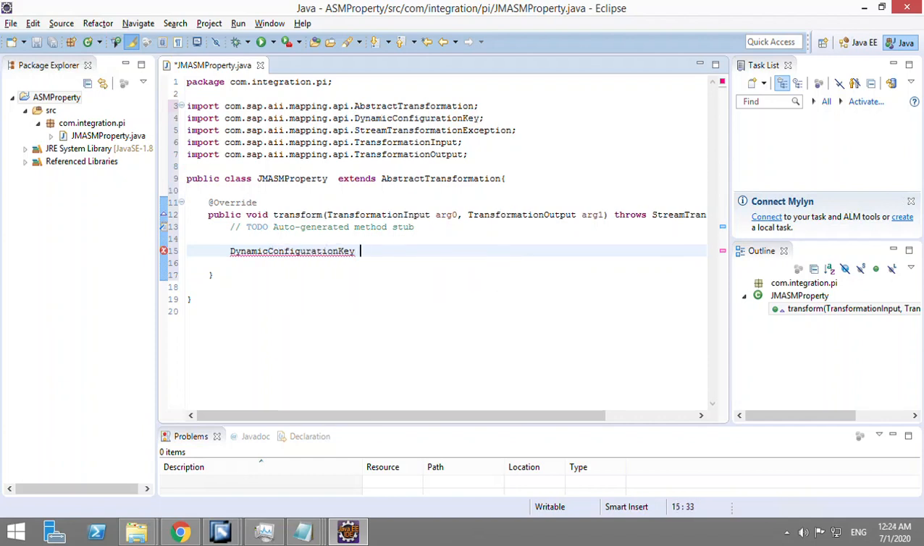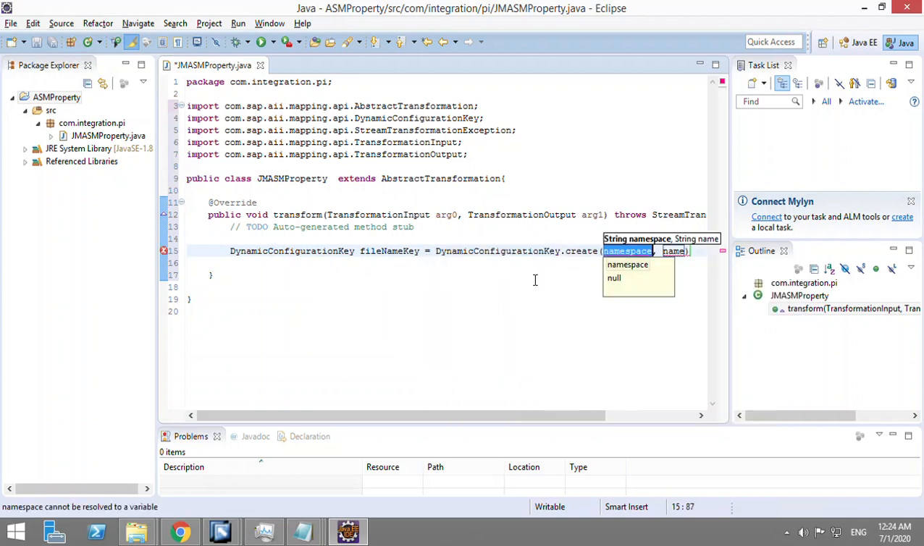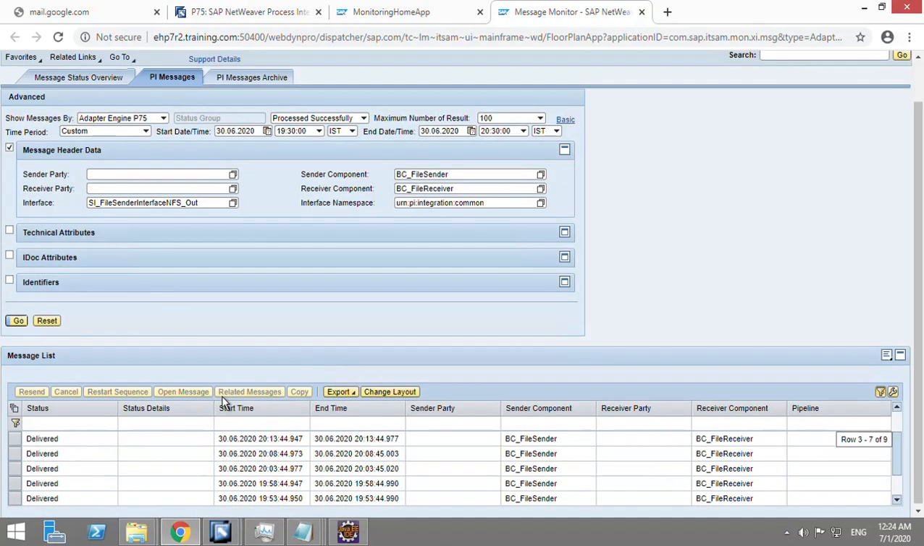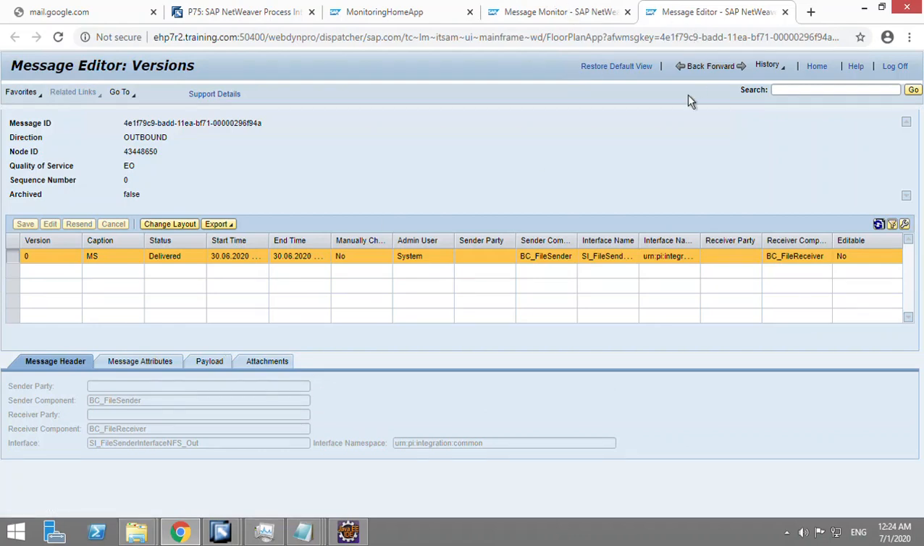I'll name it as file name key, and then dynamic configuration and create. Okay, so create method has two parameters. First is the namespace. I'll show you how to populate these. So I'll open this, or instead I'll go here,